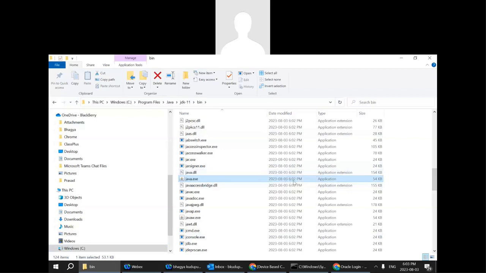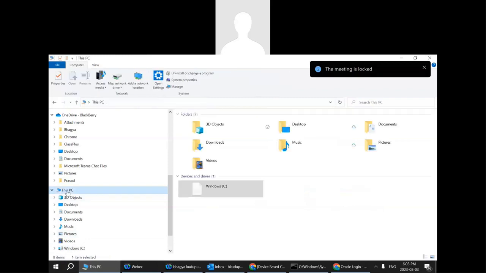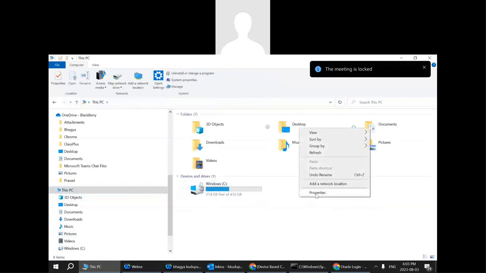Why exactly? Java is used by multiple programs that run on your system, or multiple programs that we are going to integrate as a part of Selenium also. So all the programs should know where exactly this Java is present. In order to make sure that it is available, I will set the environment variables. All that you need to do is go to this PC, right click here, go to properties,